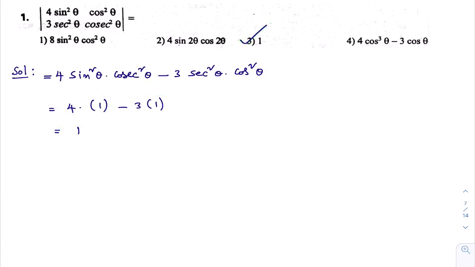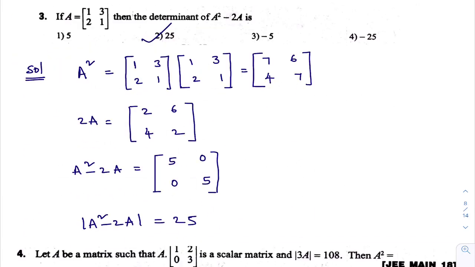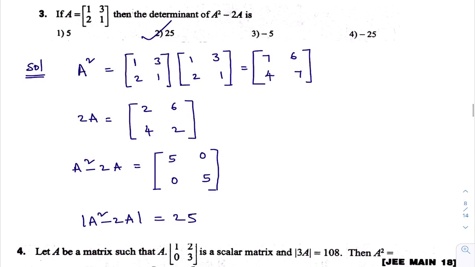Now you see next question. See this third question. I request you to do the second question with the help of our college material. You please see question number 2. What they are asking: A is a matrix like this, then the determinant of A square minus 2A. As they given matrix A, what is A? 1, 3, 2, 1. This is the matrix A. What they are asking, determinant of A square minus 2A. What I will do, first I will calculate what is A square minus 2A. Later I will calculate its determinant.